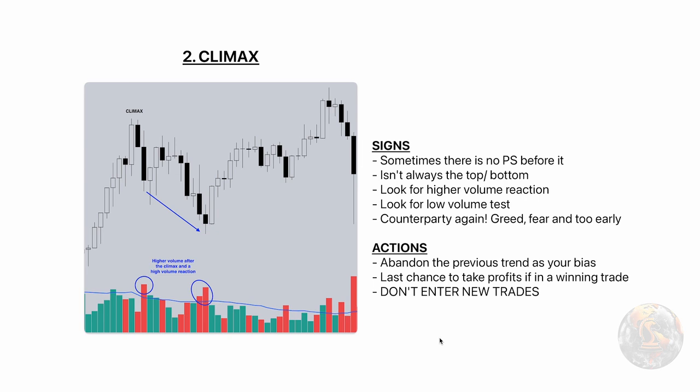If you think you've spotted the climax and you want to scalp a short or day trade a short in this example, then sure, if your system allows. But nothing higher time frame than that. 1 or 2 day holds at most, because you're not sure yet. You've still got phase B, C and D all to come.